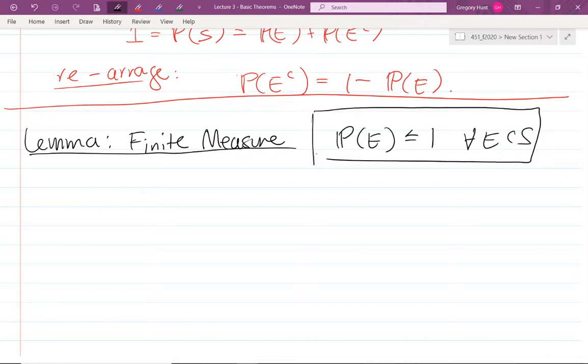You have intuition that probabilities should be between 0 and 1. We never actually said they had to be. We said they had to be non-negative. We said they had to be real numbers. And we just had this previous theorem where we said the probability of the sample space was 1. But our intuition, again, says that it should be less than or equal to 1, right? It shouldn't have more than 100% probability of something happening. So let's show that the Kolmogorov axioms encode enough of our intuition to show that that's true.